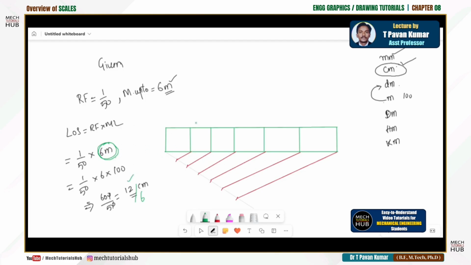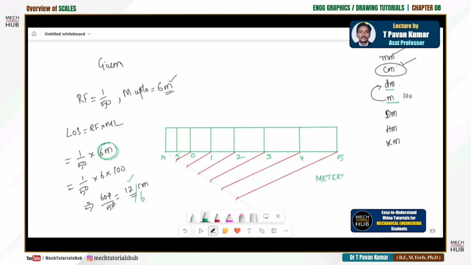Now this particular scale reads meters and decimeters. So how to place the division? This first division, 0th division, 1 2 3 4 5, 6 parts, 5 numbers I got. Okay, now the first division I'll try to divide it, a central line at 5. This 5 means 10. So this will read the subdivisions, decimeters, and this will read the main divisions, meters. So meters,